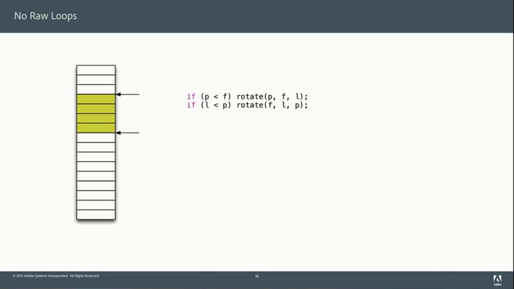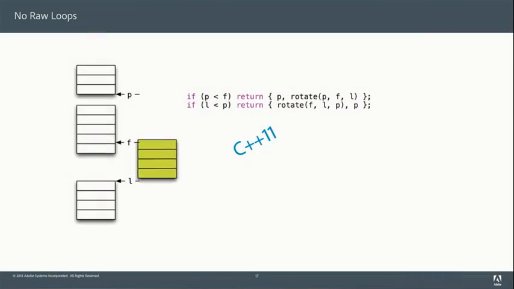Right? We take our stuff, we move it. Where did the stuff go? We want to know what that final selection is. Okay? So rotate was fixed finally in C++11 to return the new rotation point, right? I've got two things that I move around. The new dividing line between those two halves is returned by rotate.